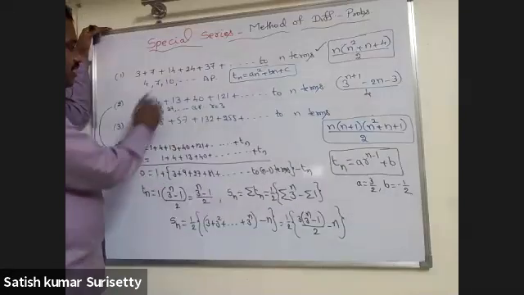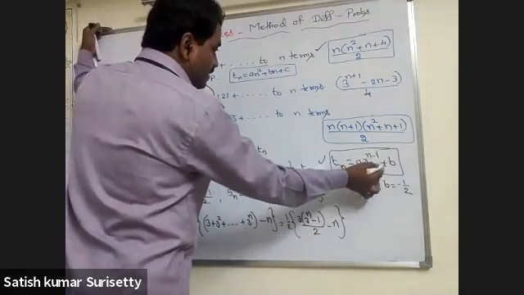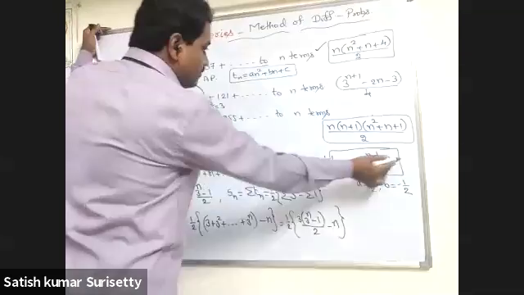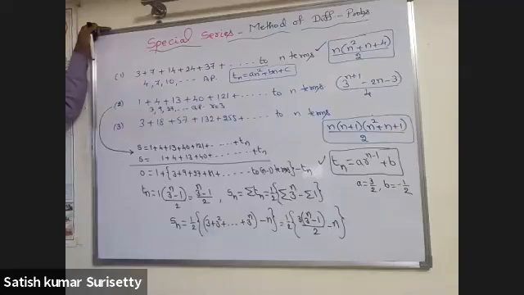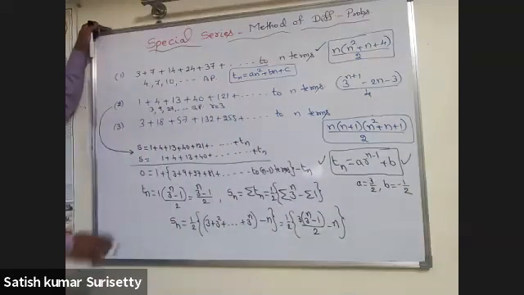Then the nth term you can take directly as Tn equal to a into r to the power of n minus 1 plus b, and substitute n equal to 1 and 2 and solve for a and b. Then you'll get a equal to 3 by 2 and b equal to minus 1 by 2. Or if you are unable to remember the formula, then you can go for the derivation method.